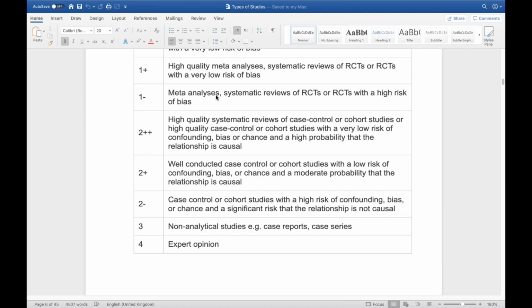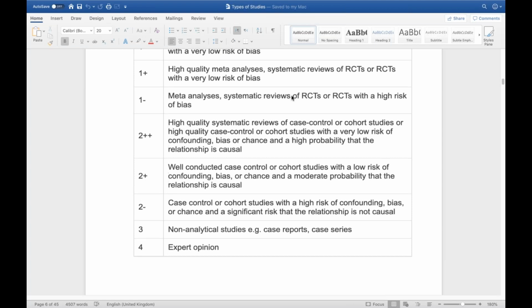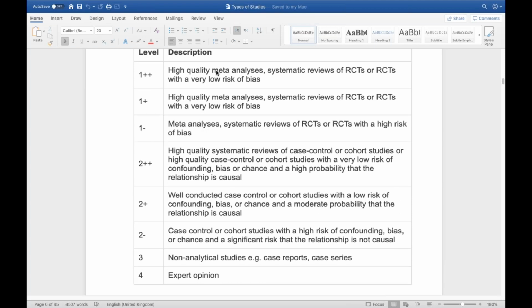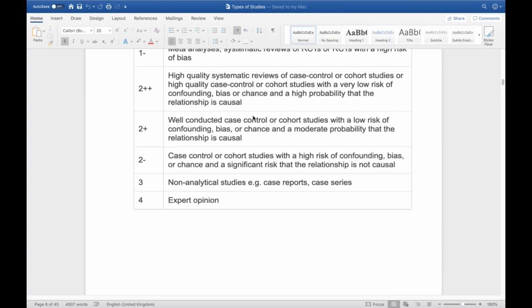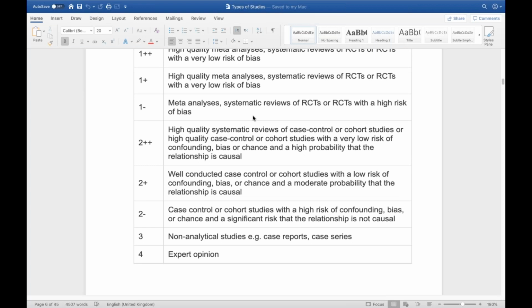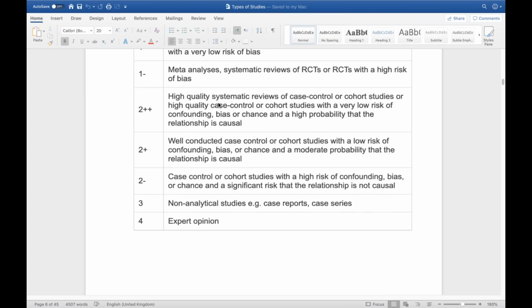1- is meta-analysis or systematic review of randomized control trials, or randomized control trial with high risk of bias. So that means that the randomized control trials are really strong, and if you decided to do a systematic review of them, it will get it up more and more in the evidence. And that's something subjective. It's not really objective how biased this study is, or how it's not biased. But anyway,